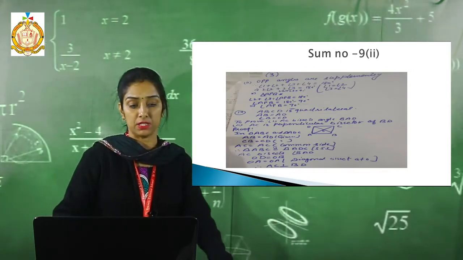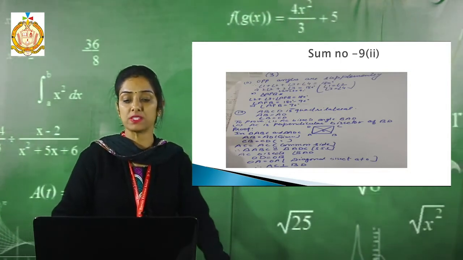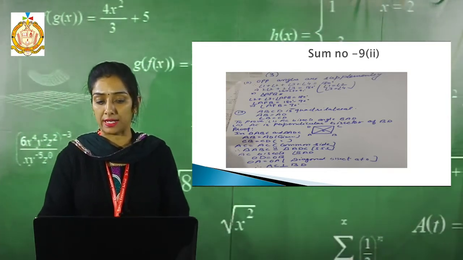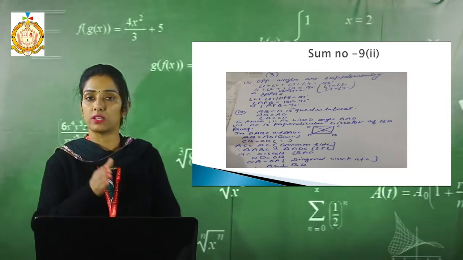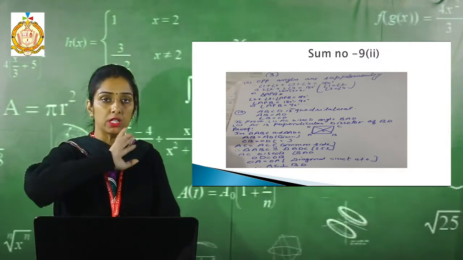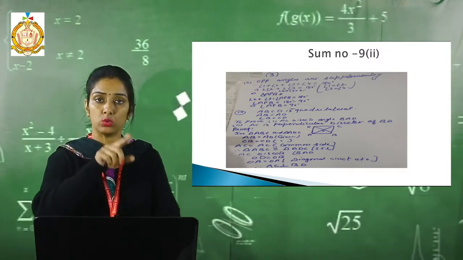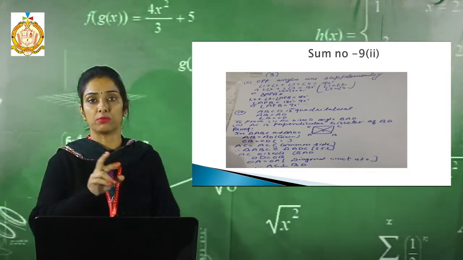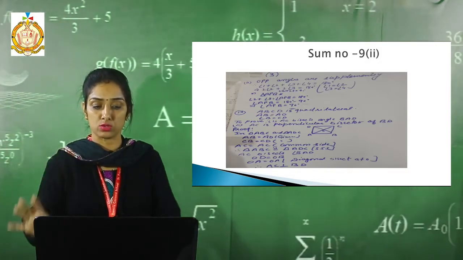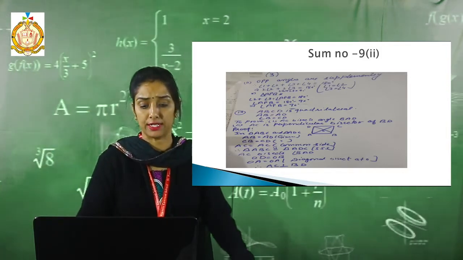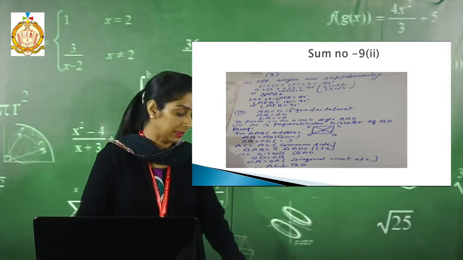Angle APB is 90 degrees. See, co-interior angles are supplementary, so the 4 angles sum to 180 degrees. But we know that angle 1 is equal to angle 2 and angle 3 is equal to angle 4, which we have to prove in the last part. So 2 times angle 2 plus 2 times angle 3 is 180. From this, angle 2 plus angle 3 is equal to 90. That is the same, we have to prove that angle APB is equal to 90 degrees.